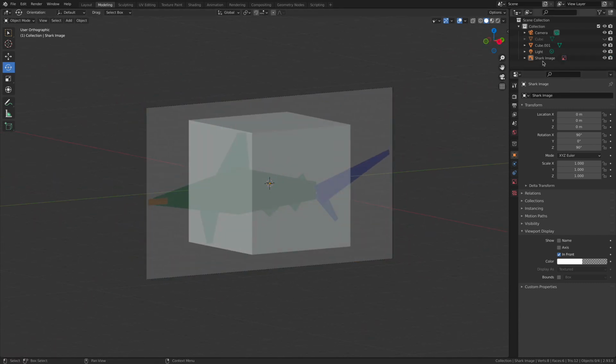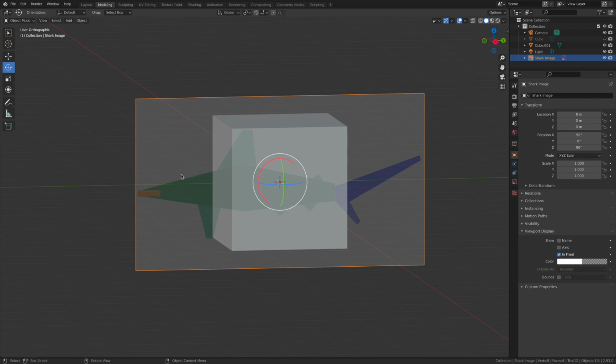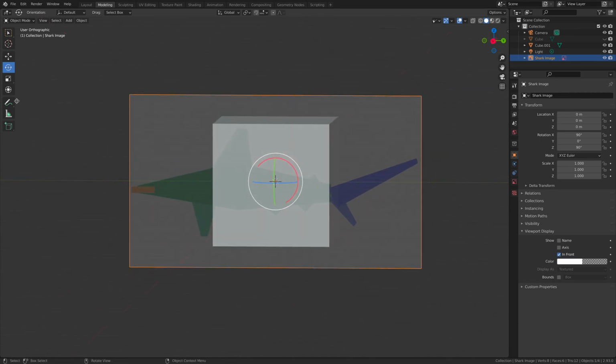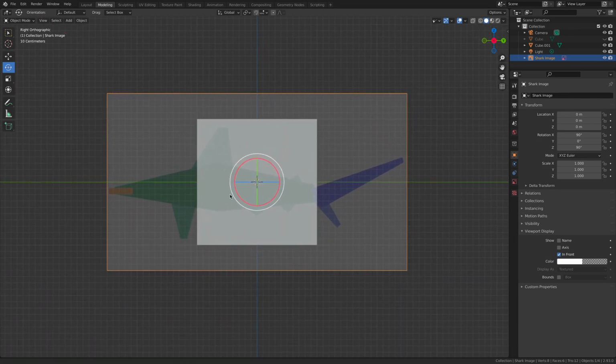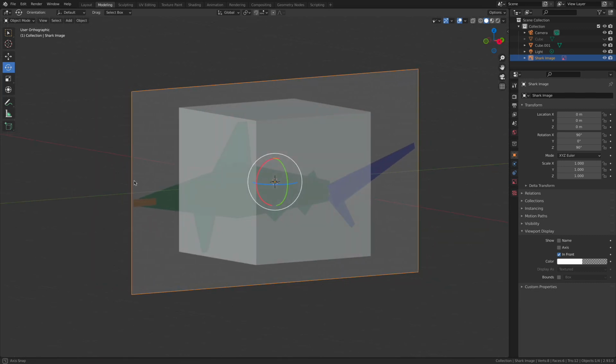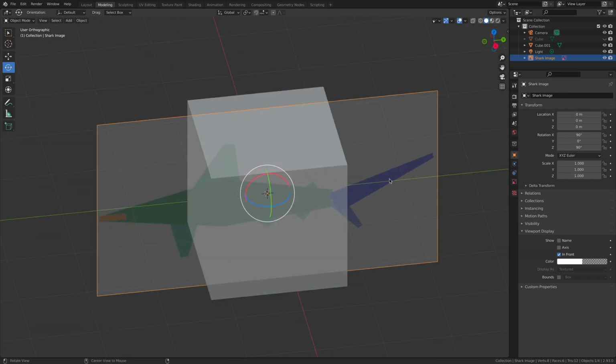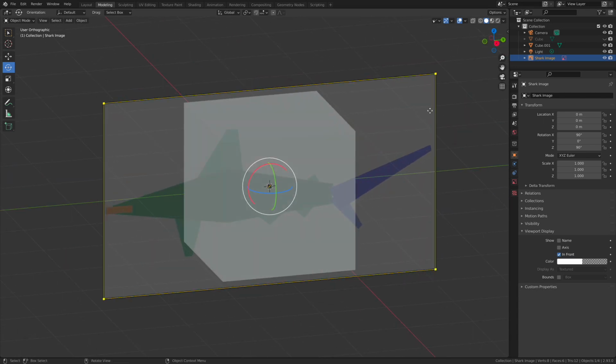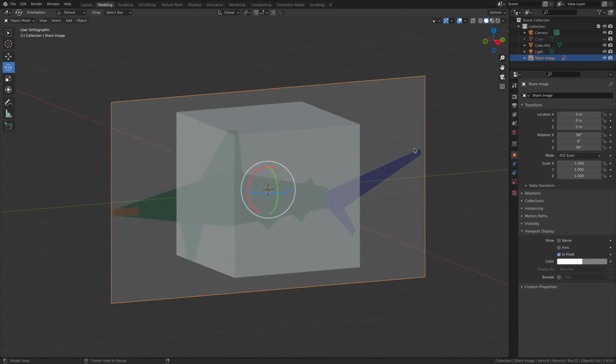My apologies. So you got to go into the reference image and make sure under the viewport display, in front is turned on. And now we can see the entirety of our reference image at any time inside of our three-dimensional scene. So there's a couple things that you need to make sure you do when working with reference images. Make sure you're aligning it to the correct viewport. For this shark image, we want to see it through the right view. This is the front of the shark. This is the rear of the shark. This is the front of the scene. This is the rear of the scene. So we got everything aligned correctly, which is pretty cool.